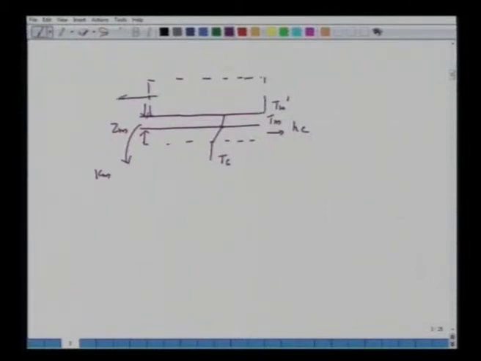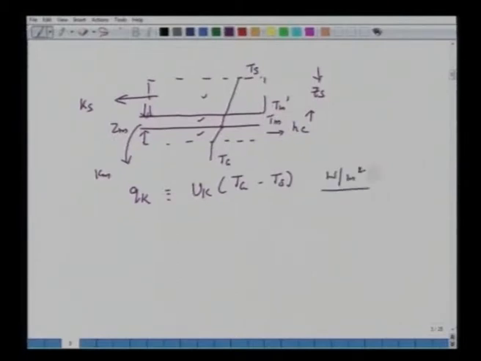Generally this has poor conductivity, Ks will be much smaller than Km. This thickness of the solid is Zs. So there will be another drop here till we reach Ts. Alright, so this third component Uk, now you can think of, if you recall heat transfer, there is one resistance, second resistance, third resistance, all three resistances. So you can have an overall heat transfer coefficient times (Tg minus Ts). Alright, so this is also watt per meter square. So this is the heat received by the top surface by conduction.